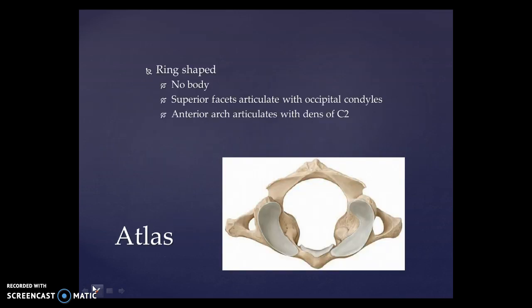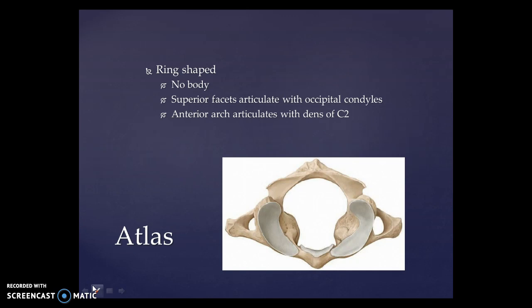We're going to start at the upper cervical, which our C1 is also known as the atlas. It's atlas because it supports the cranium. It's real unique in that it is more of a ring-shaped vertebra as opposed to some of the others that